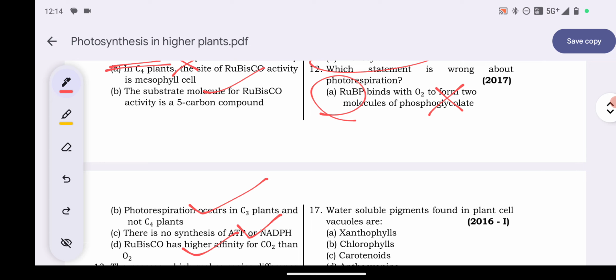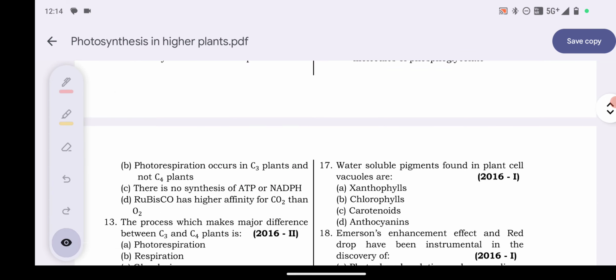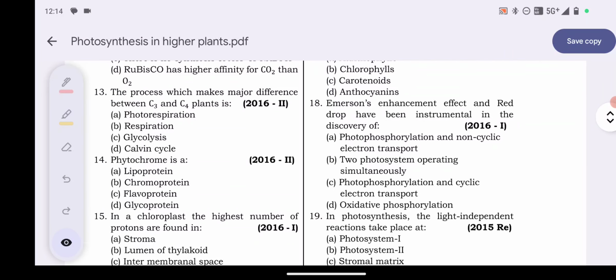Explanation. RuBP interacts with oxygen and forms one phosphoglycolate and one phosphoglycerate molecule. यहाँ पर उसने 2 दे दिया ना, इसलिए वो स्टेटमेंट गलत हो गया. नेक्स्ट क्वेश्चन, क्वेश्चन नंबर 13. The process which makes major difference between C3 and C4 plants are, कौन सा प्रोसेस जो मेनली डिफरेंस दिखाता है C3 और C4 प्लांट के बीच में? पहला ये ऑप्शन फोटो रेस्पिरेशन आपका करेक्ट है, बाकी सारे गलत हो गया।